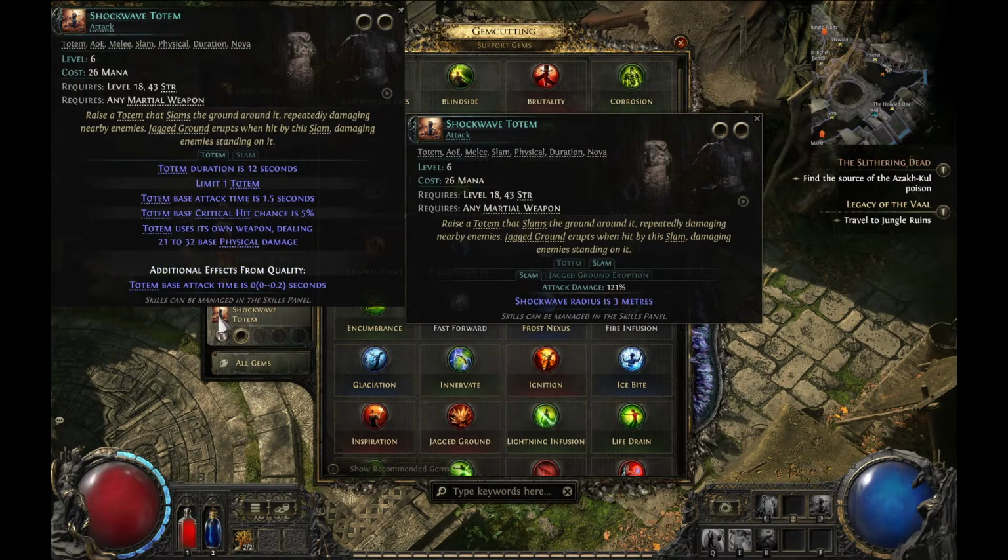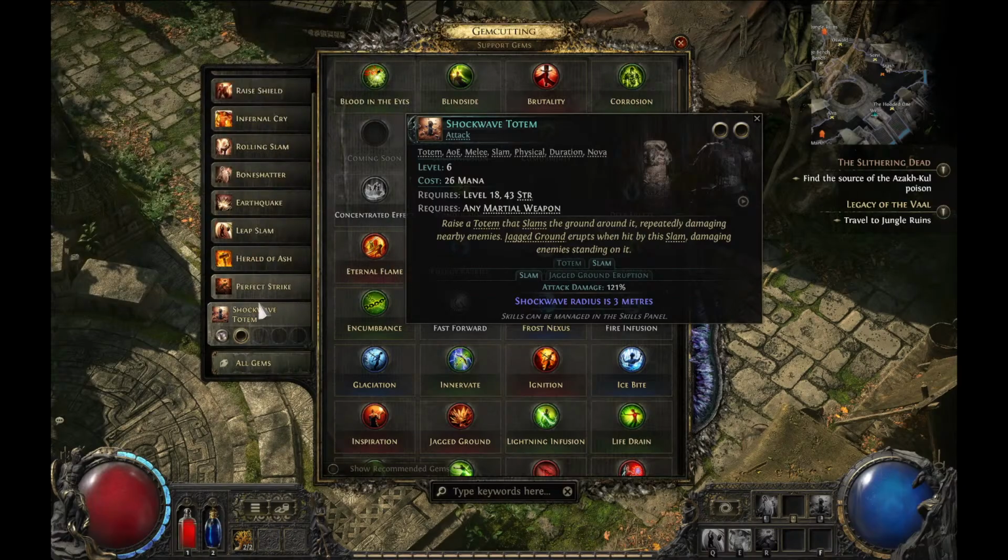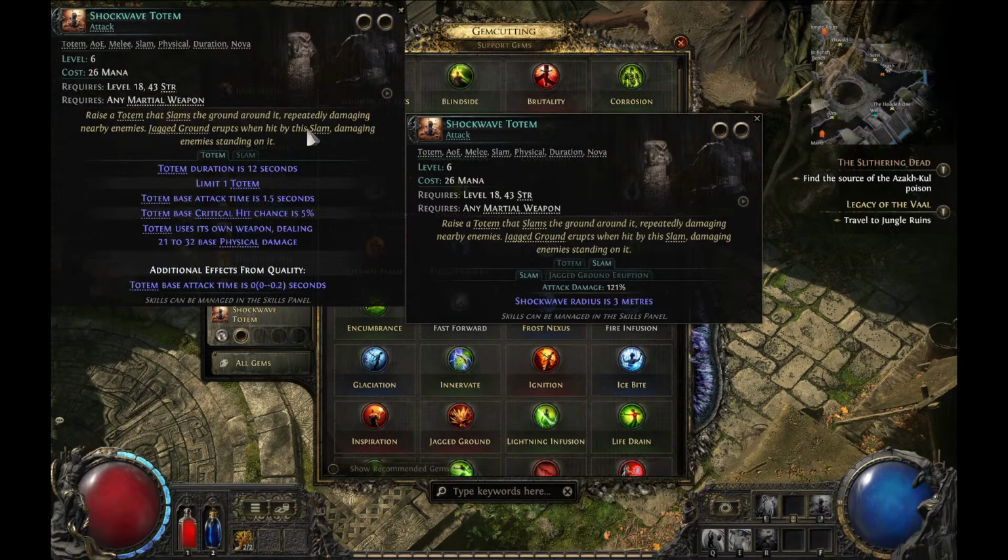Yeah, it's got a duration scaling as well, I guess. I don't know. Is the duration the totem duration? Like how long the totem is out there for? Probably, right? That's probably what it means. Or does it just expire after completing? But totem duration is 12 seconds. It's right here, duh. Anyway,